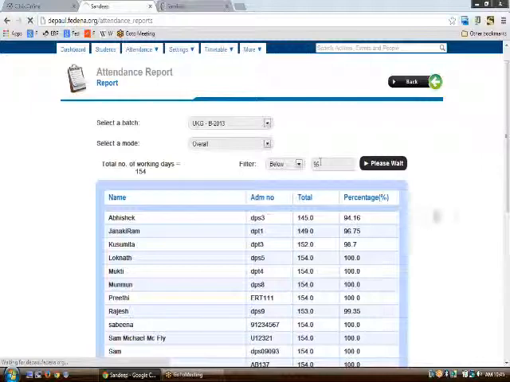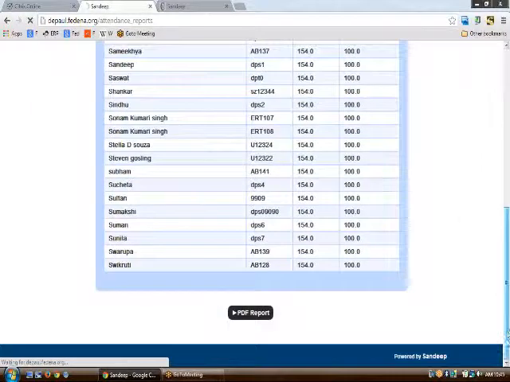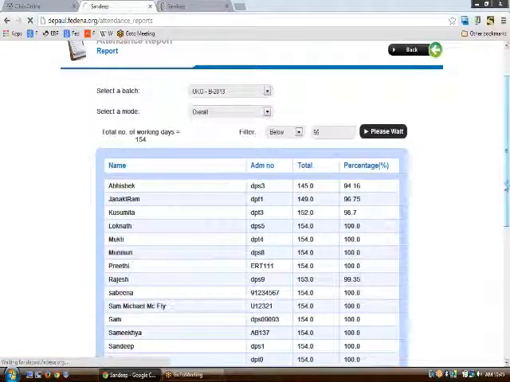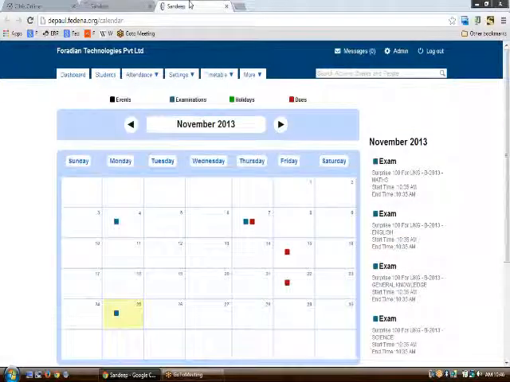So you will be able to see the list of all students who have scored a percentage of 95 or below. Now this was all about the attendance part.